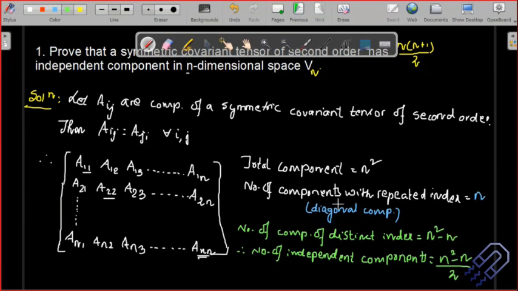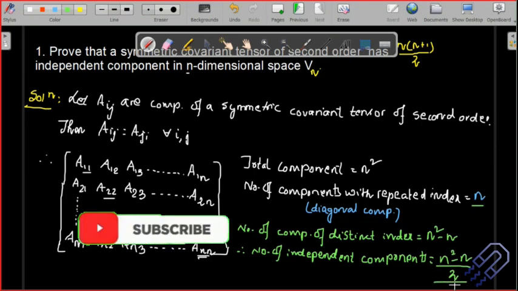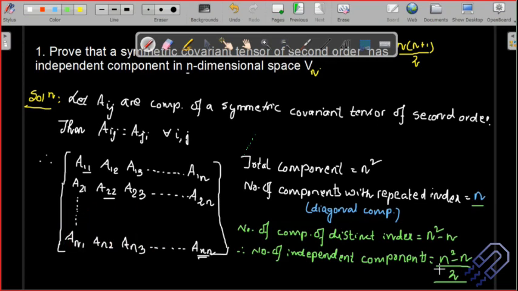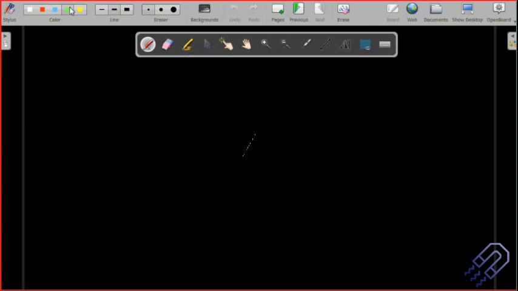The total number of components was n square, and the total number of components with repeated index is n. So this is the independent repeated index, this is the independent component, and this is the effective independent component when we are considering the symmetric property. So if we add these two, we are going to get the total number of independent components, obviously, right? So therefore, the total number of independent components